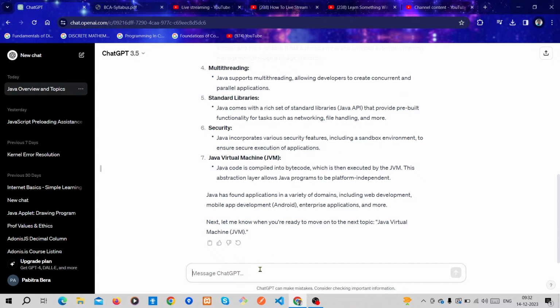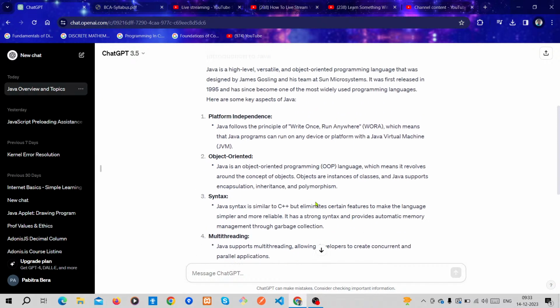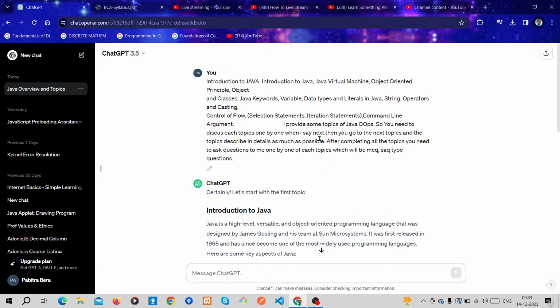So next, if I type here "next", then ChatGPT will go to the next topics of Java, according to the prompt, the content or syllabus or topics.